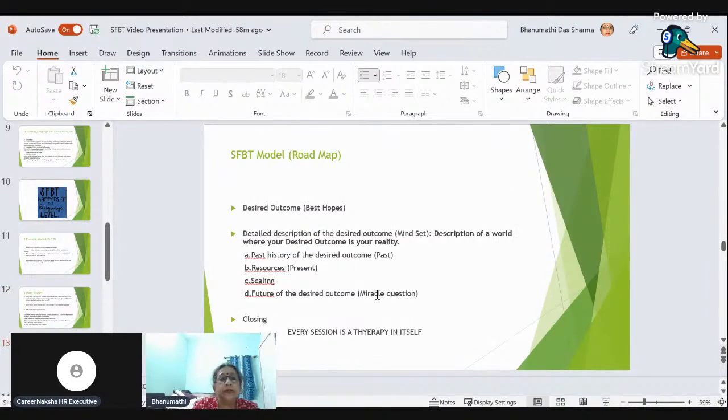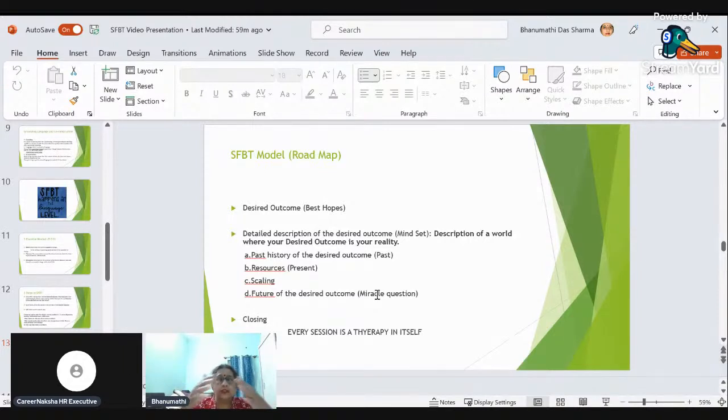Now we come to the SFBT model. I have been trained by many SFBT therapists. Initially, I was trained by Dr. Arnold Hubers. Later on, I was trained by Joe George. And then finally, I was trained by Dr. Elliot Connie and Dr. Adam Freire. This SFBT model was developed by Elliot Connie and Adam Freire. That is desired outcome. They used to call this a